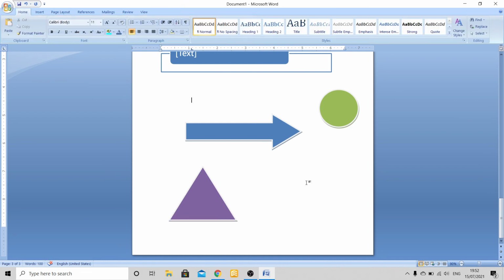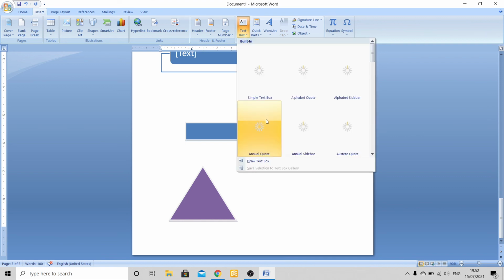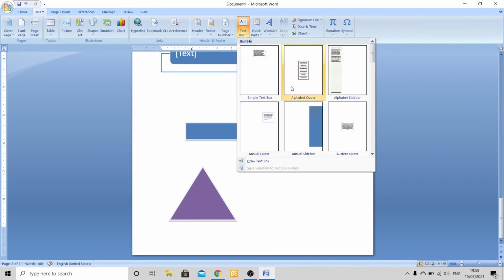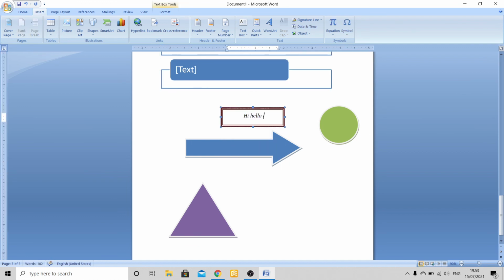Next we have inserting a text box, creating a text box. For that again the same, go to Insert, here you can see a text box, click on that. As soon as you click on that, you'll get one box with a cursor, see, like this. Here you'll get a box and you can write whatever you want.